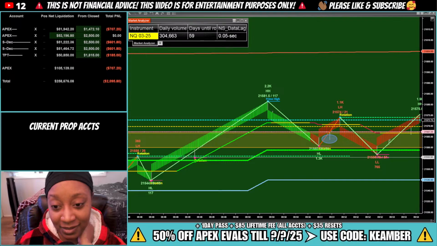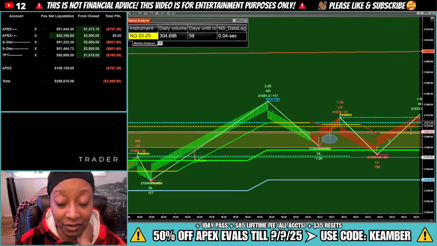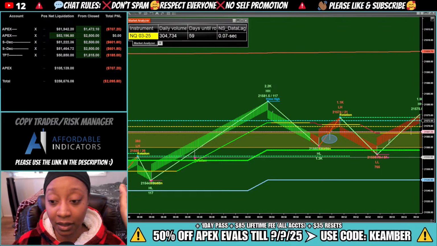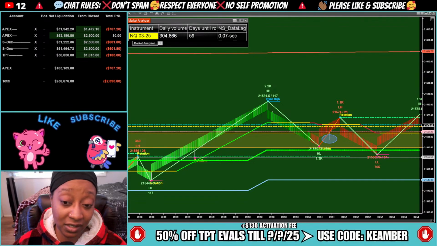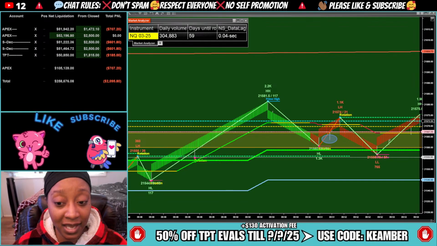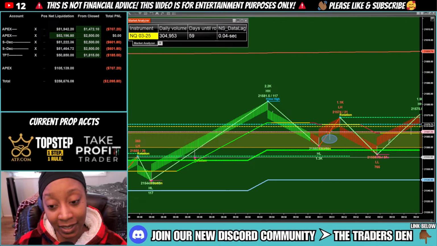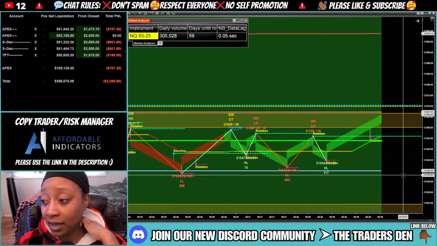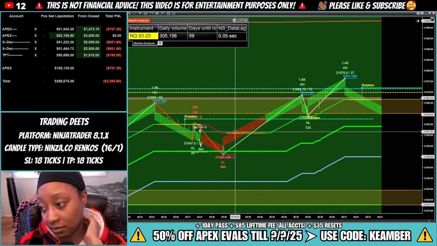Let me preface this by saying I'm a little angry right now. I'm not usually like this, but I'm real angry. I was one trade away from passing one of my evals. Missed a couple of trades. My first trade I was in, I was actually one tick from taking profit, which means that my risk manager was supposed to take me out of the trade automatically because it was funded. It was over the threshold, but it did not take me out, and I don't know why, but that is fine, whatever.